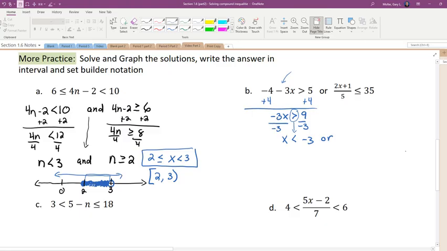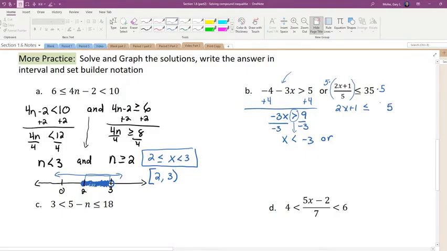All right, solving this problem. I don't like this divided by 5 right here. And so I'm going to start by multiplying everything by 5. And I can do that because everything's being divided by 5. So by starting by multiplying by 5 on both sides, I can deal with that 5 and cancel it out. And so I get 2x plus 1 is less than or equal to, let's see, that's going to be 25,